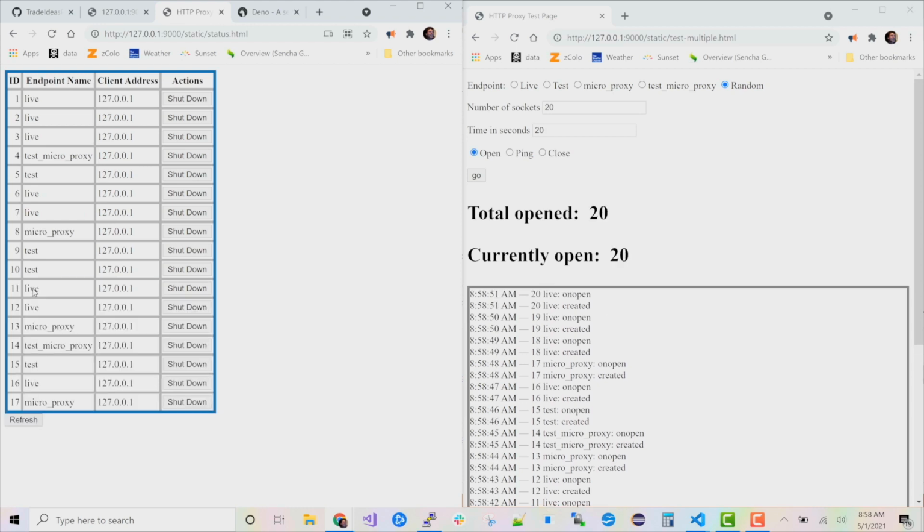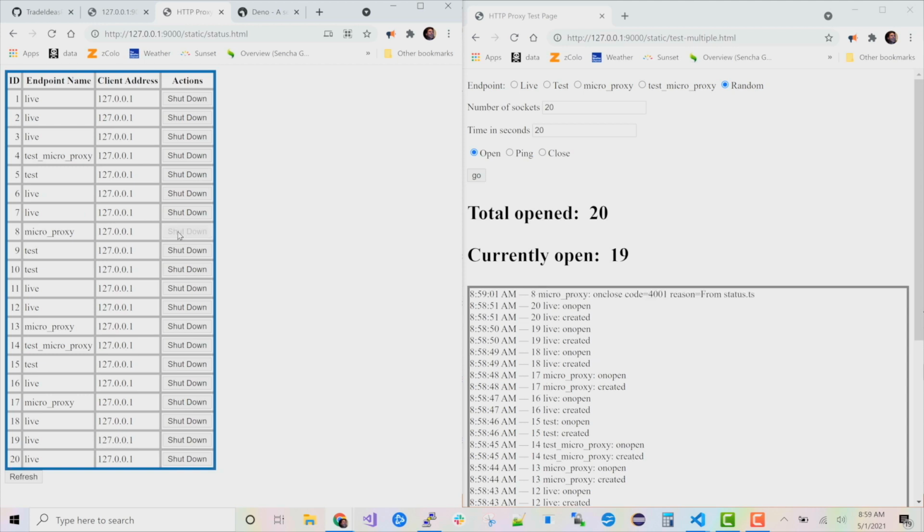Not a whole lot of actions right now. The important thing is shut down. I can kill someone for various reasons. In fact, we'll discuss why in a moment. What happens if I do? Well, they immediately get, again, this is a simulated client, and this is the real back office that our people will be monitoring things with, or this will evolve into it. It's a little bit simple now. But the important thing is that the client immediately saw